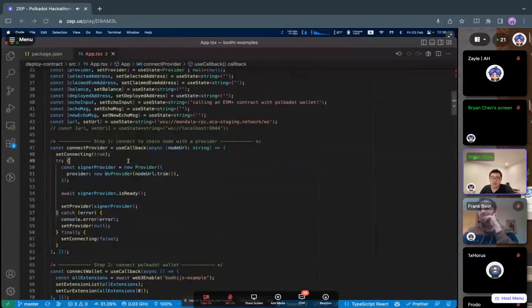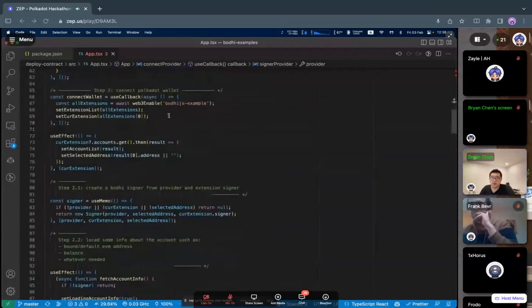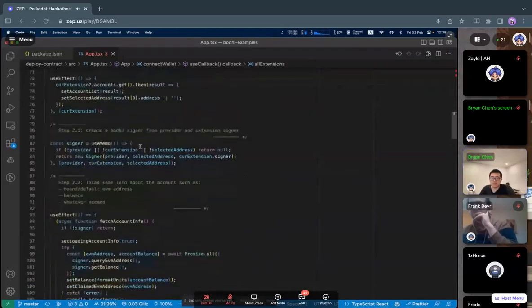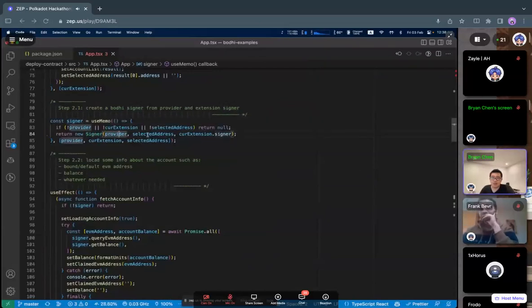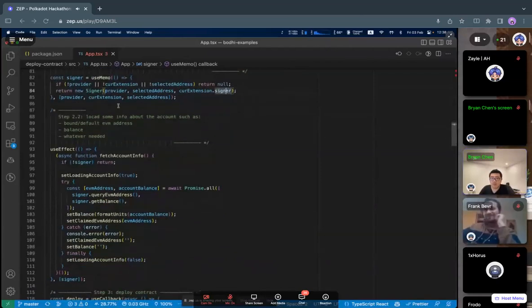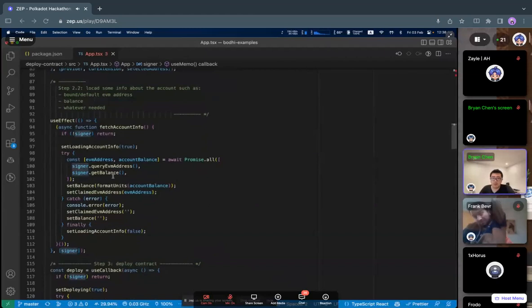So this is connecting to the node using the Polkadot JS, just providing the URL and connecting to it. And then this enables the extensions, connecting to the extensions. And then using the signers that are created by Bodhi, passing the corresponding information, including the WebSocket provider, the address, and the signing coming from the extensions. And then the signer implements the standard Ethers.js signer interface, and the rest of the code is